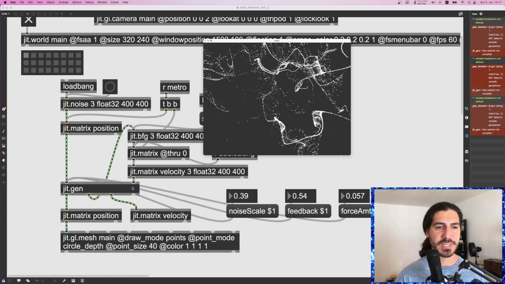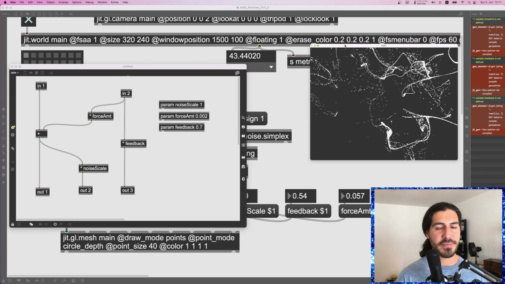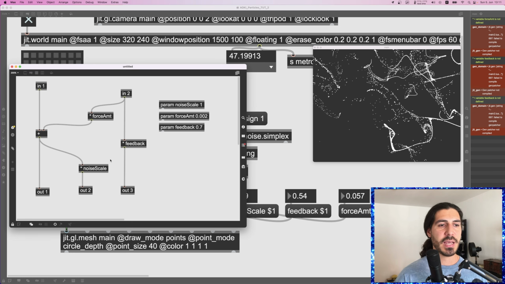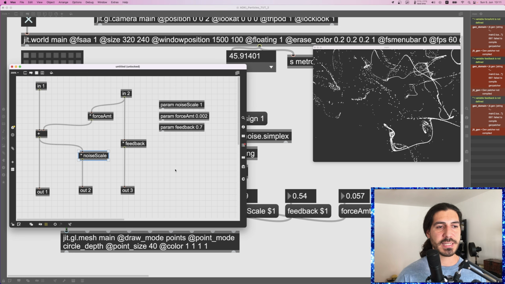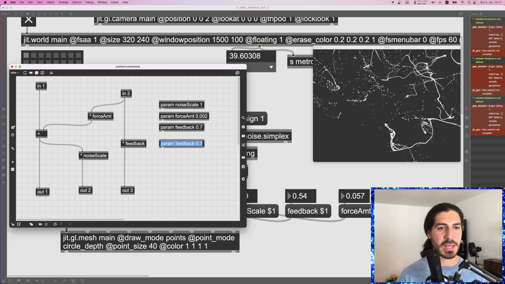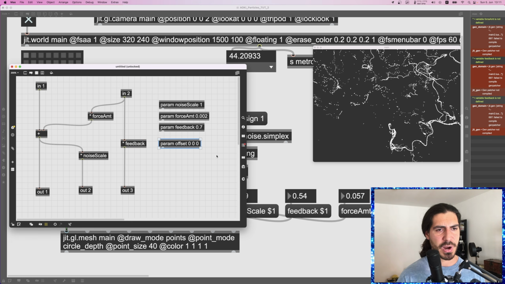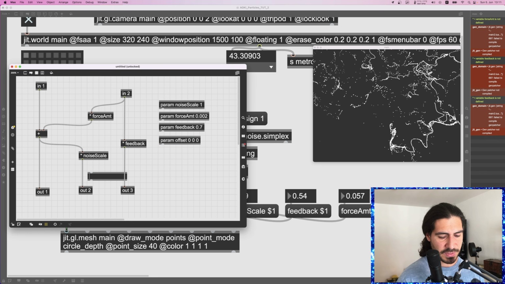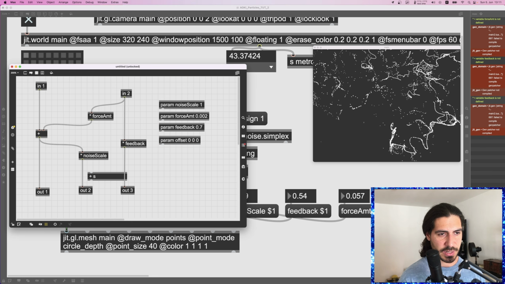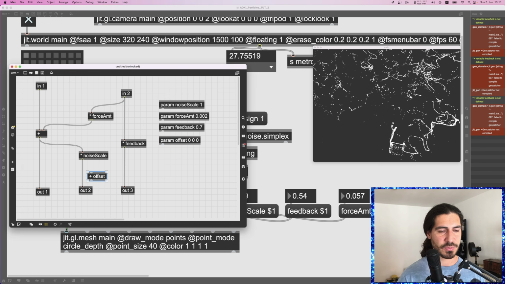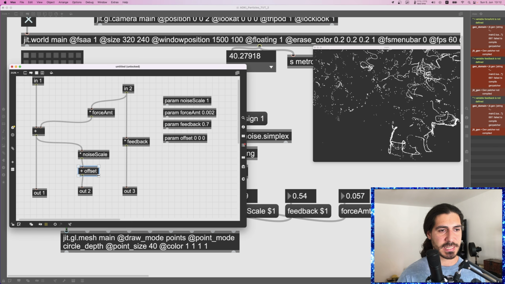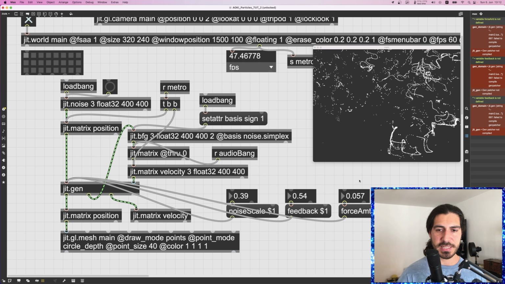What we want is actually to send an offset every time we receive a kick. So it's going to sample the noise at a different place every time. So let's create a new parameter in JIT-gen, an offset with 3 parameters. And then after we scale the position of the particles, we are going to sum it to an offset to sample the noise at a different place every time we receive a kick. So let's create this